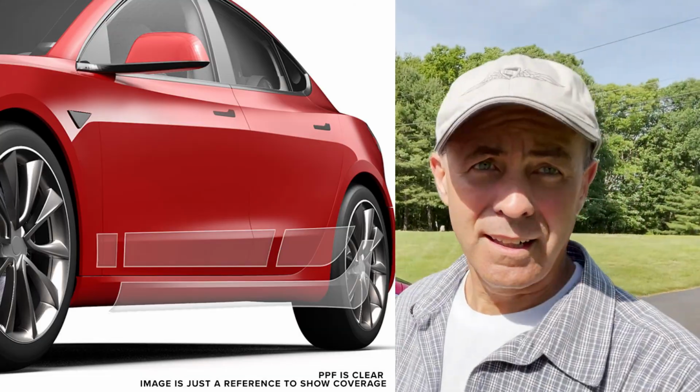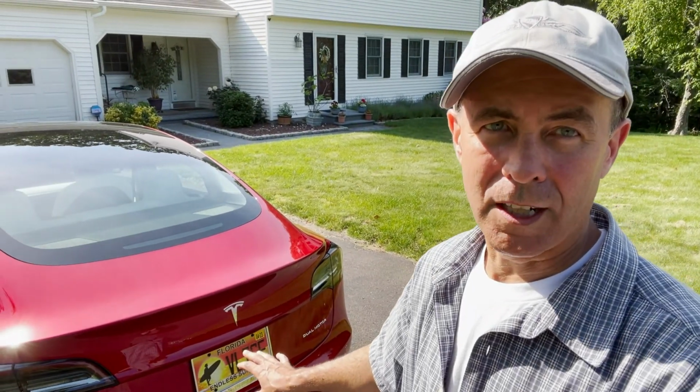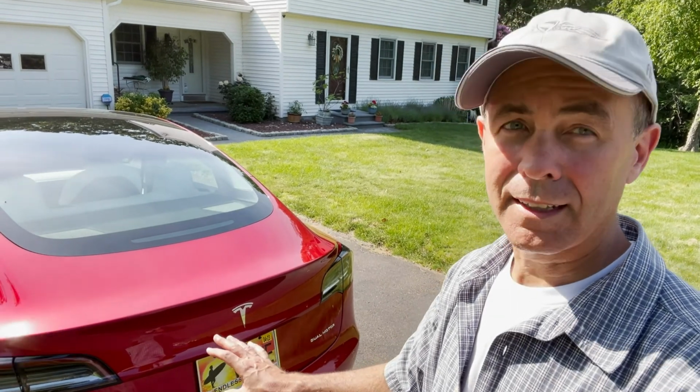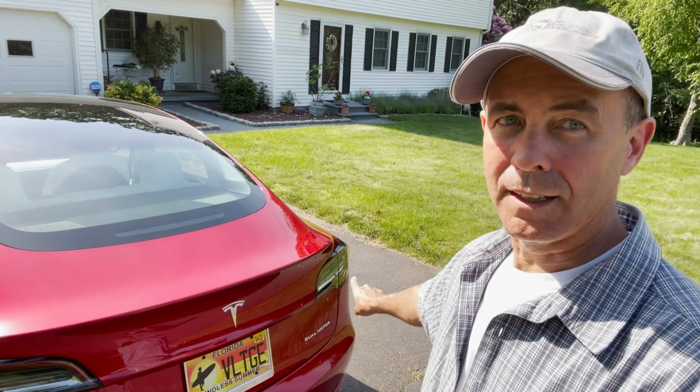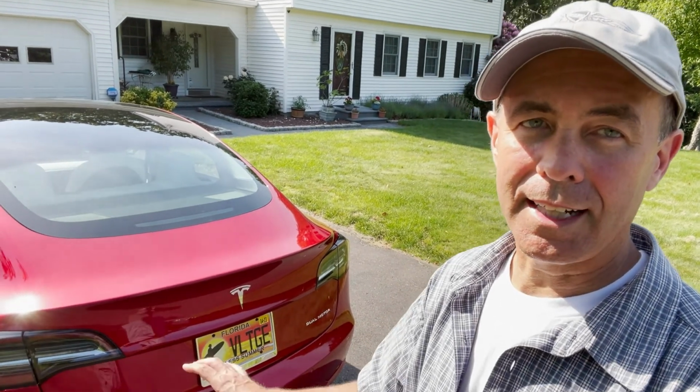The back of the car I never had done. I don't think it's needed. The back of the car does get very dirty, but it doesn't get exposed to chips and rocks. If I was going to do anything on the back, I might do the lights, and the only reason I say that is the lights are